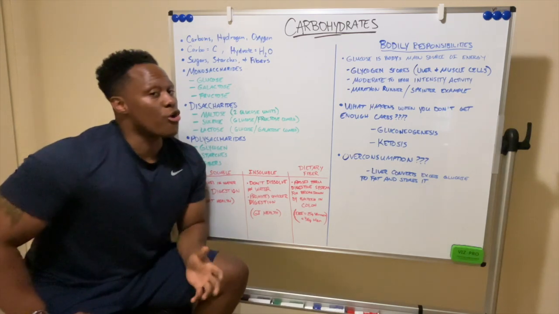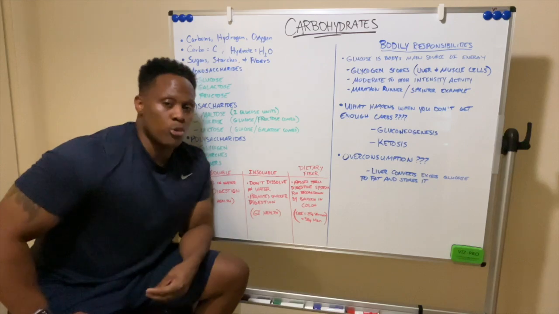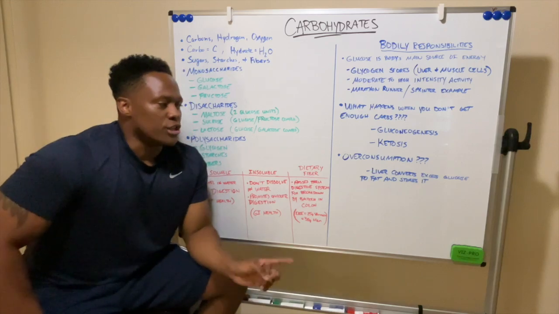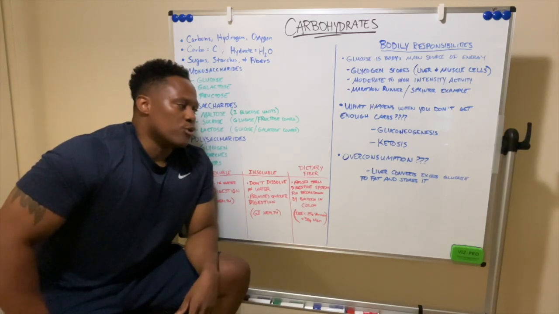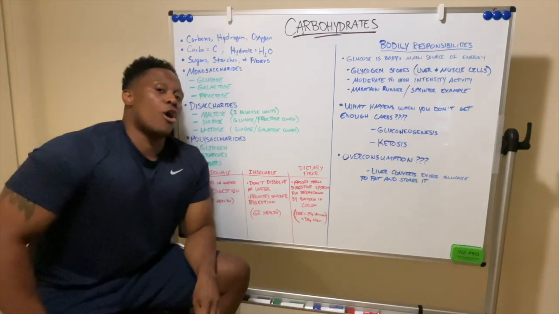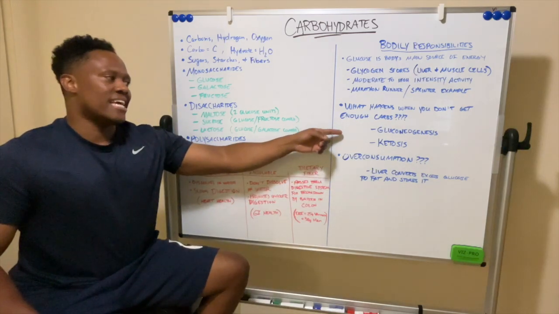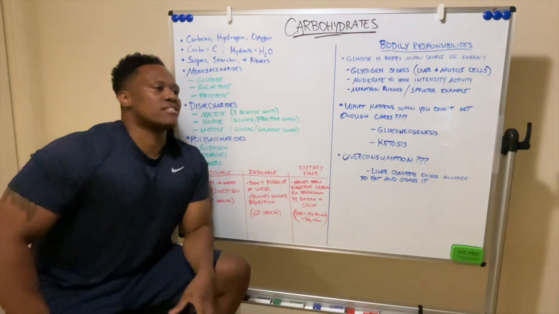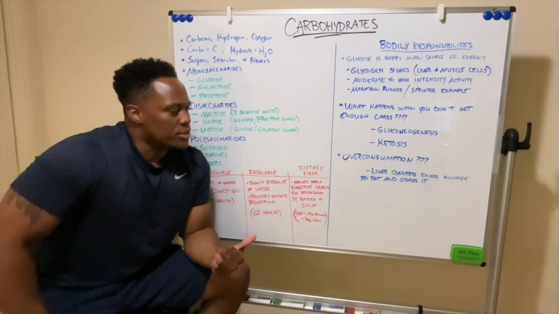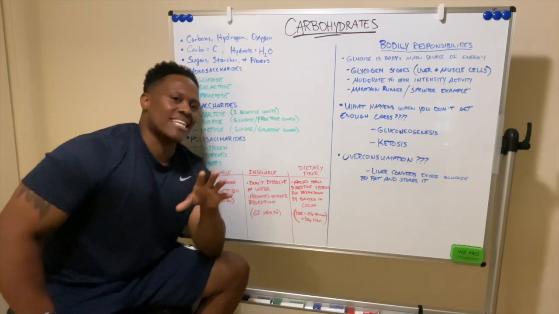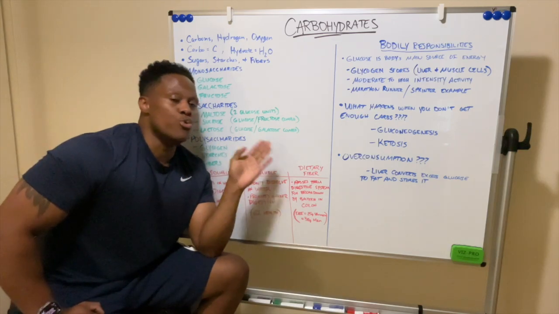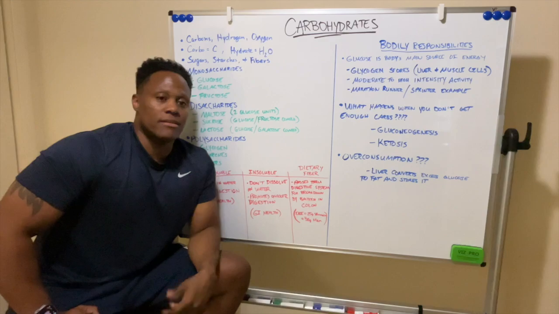Anything in excess gets turned usually into fat, and it gets stored in your adipose tissue, which is your fat tissue. That's what happens when it comes to overconsumption. Your liver will take any excess glucose and convert it to fat, and then store it in your body. So that's why you want to be mindful of how many carbs you are getting. Anything insufficient is bad, and when you overconsume, that's bad too. Because see, the thing about overconsumption, right? However much you are taking in, your activity level has to be at a level that allows you to be able to use the glucose, the carbs that are being consumed.